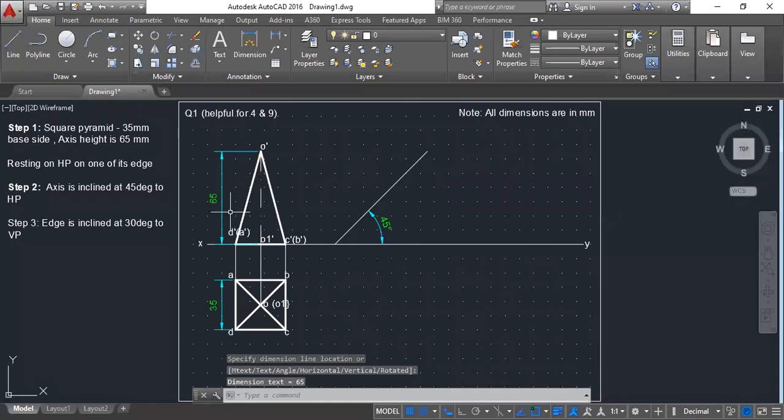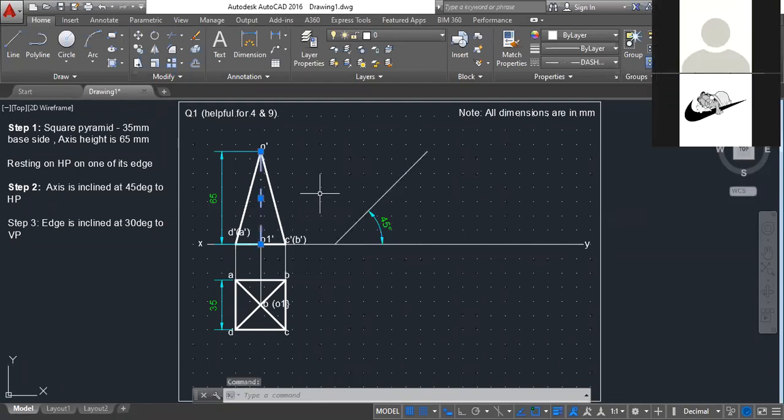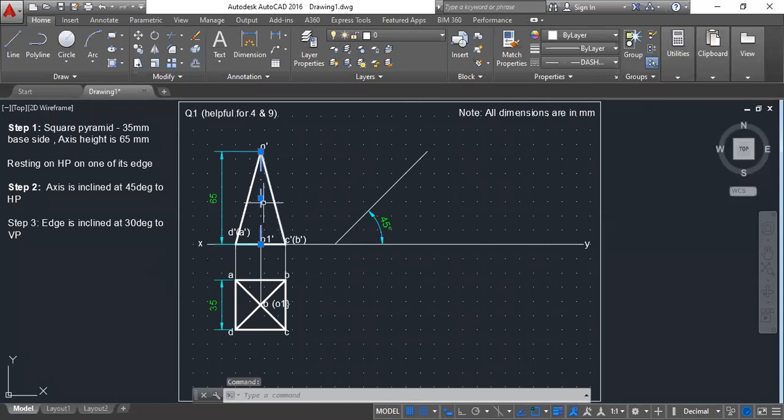These are the two dimensions that should be given in the first step, and this dimension can be given in the second step. Now just think of this, how to draw this particular axis onto this line. This is what we are really supposed to do. If this particular line is inclined at 45 degrees, what about the base?